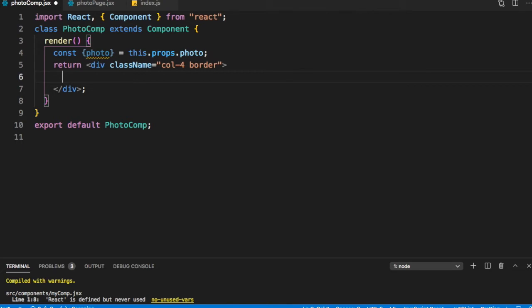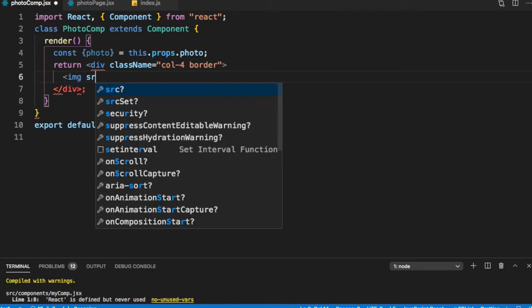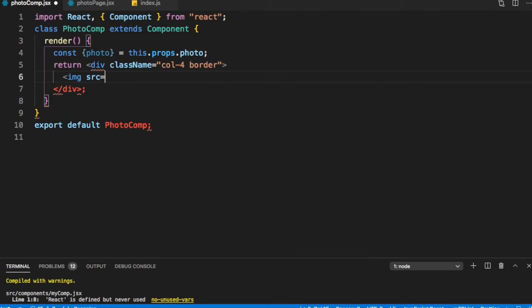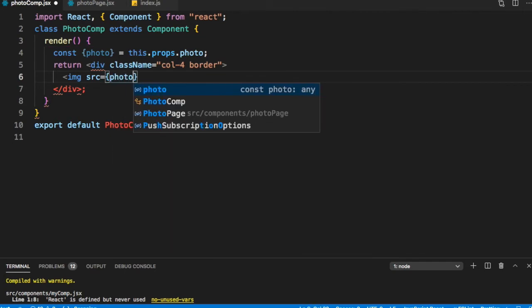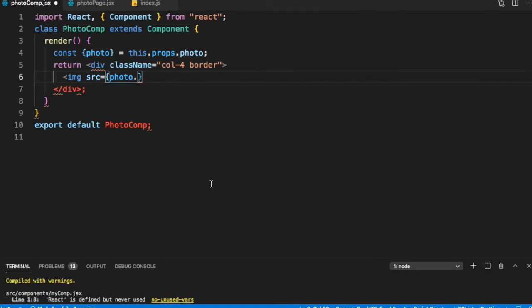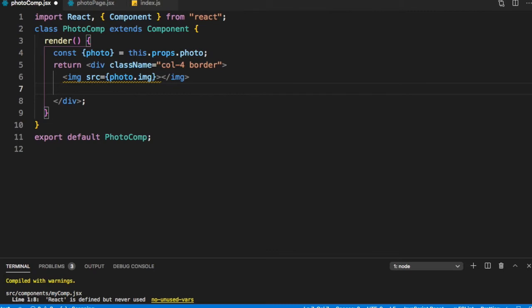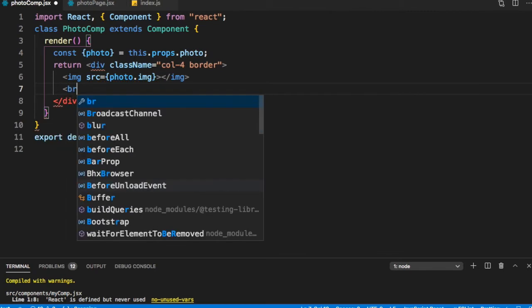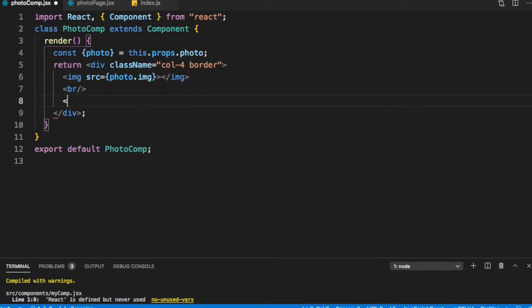So what do we need to display here? We will just say image source is equal to photo dot, let's check out the structure of it. So we have image, like, dislike, and my option. Photo.img. So we are displaying the photo, and below that let's just display the count of the like. So I'll just put a br and display the like and dislike count.